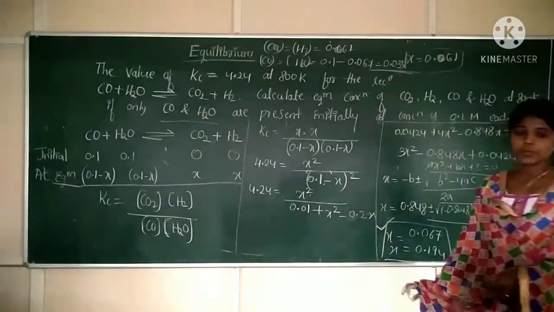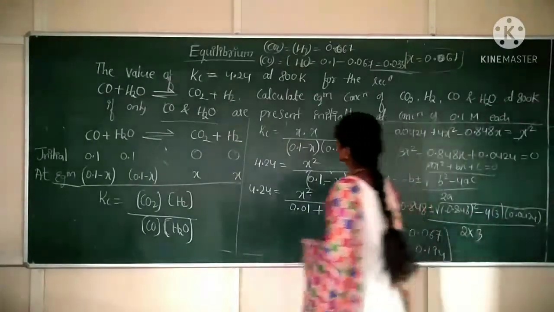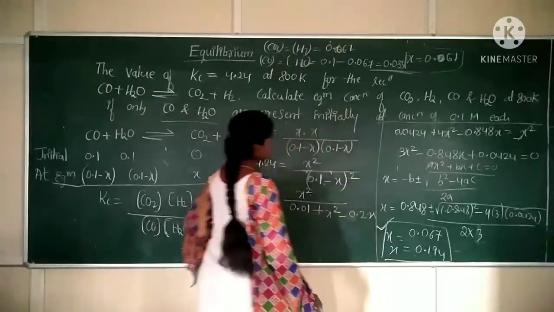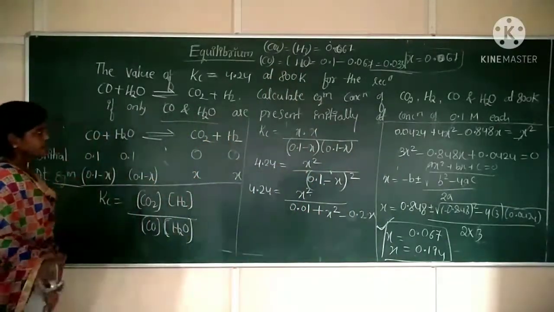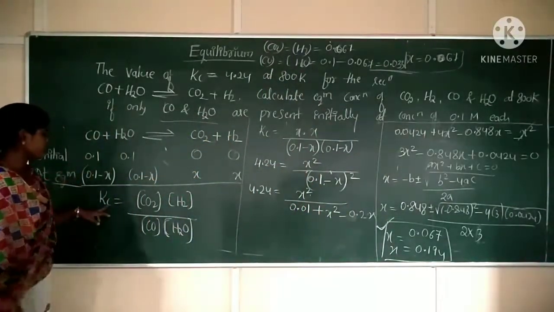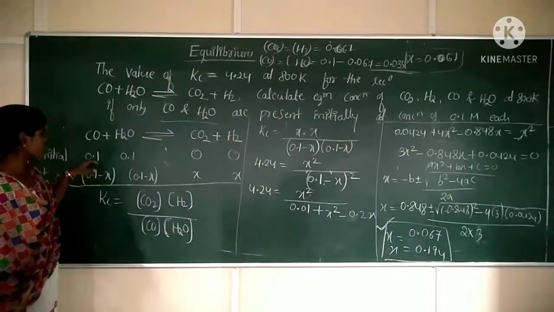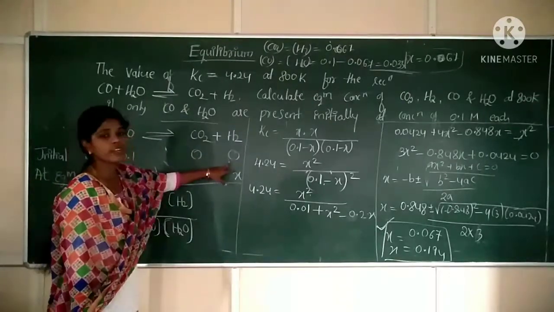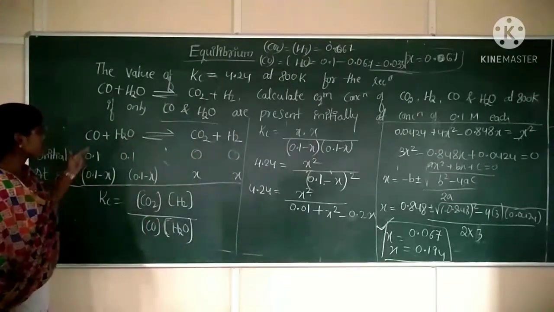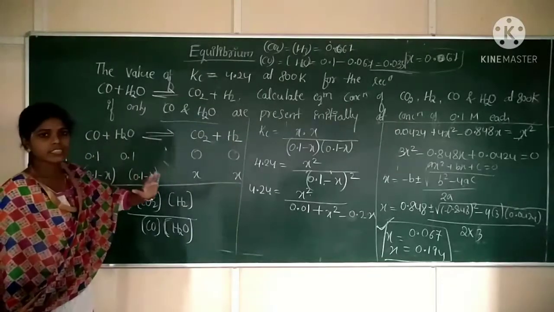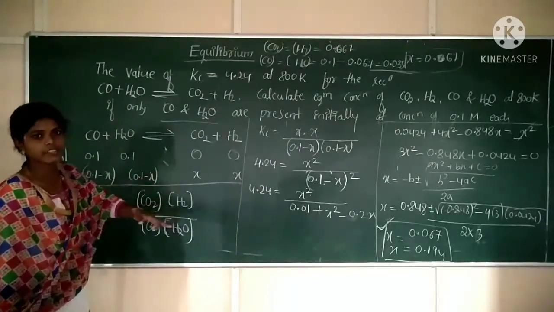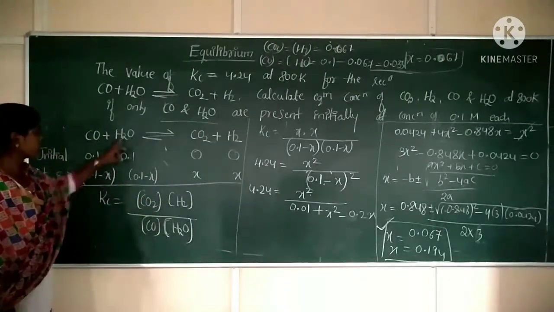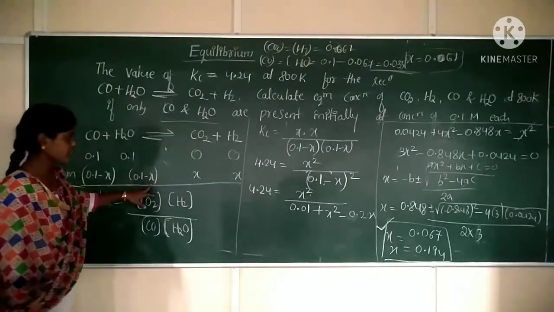This is the given value, the concentration of product and reactants at equilibrium. Clear? So first calculate the Kc value. Initial value I have taken as 0.1 and 0.1. At initial stages, the concentration of product will be 0. At equilibrium, as the reaction reaches equilibrium, concentration of reactant will be decreasing and concentration of product will be increasing. So 0.1 minus x, and this is also 0.1 minus x.